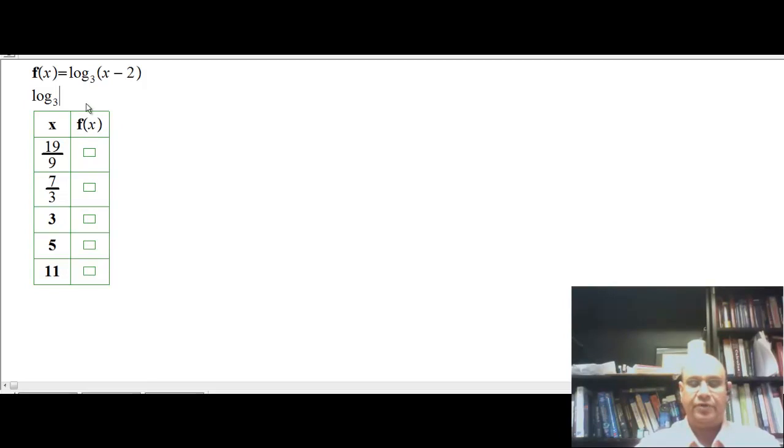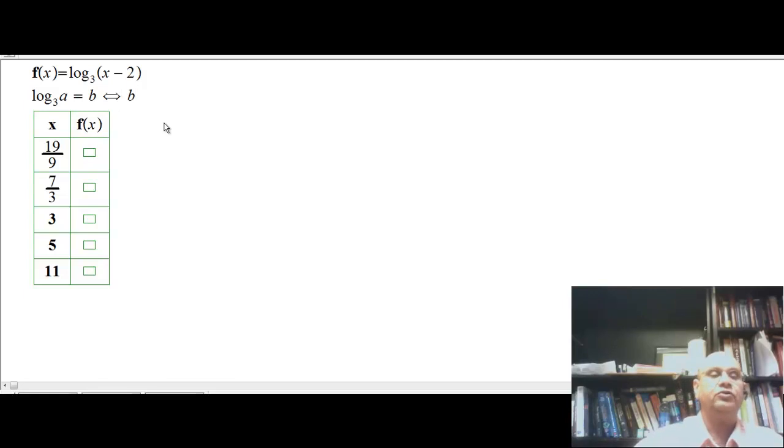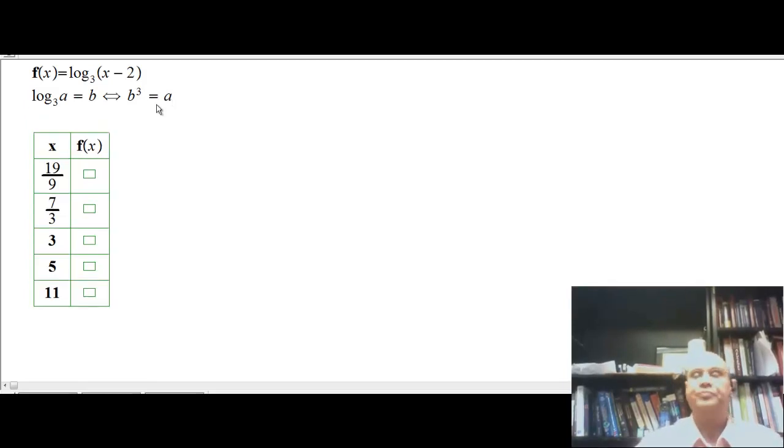If I am taking log of a with base 3 and say that is b, then b to the power 3 will be simply a. That's how they work. Or let me write u and v instead, if you don't mind. So for instance, look right here. Say I want to compute the log of